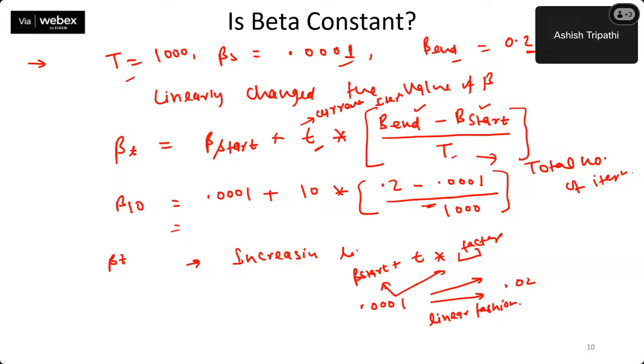This is also one of the scope for the researchers. If you are making your model, so I'm just discussing, this is the scope number one, that how you are changing the value of beta. If you are able to introduce some new equation of beta